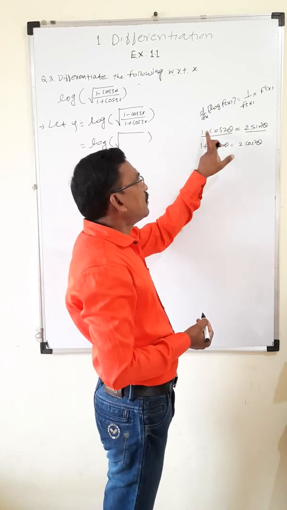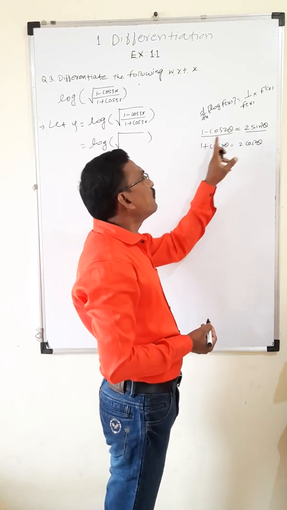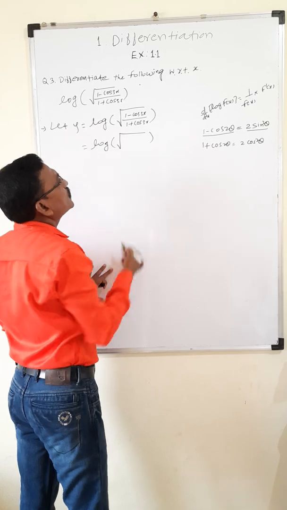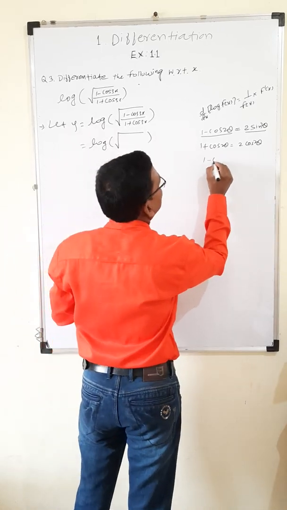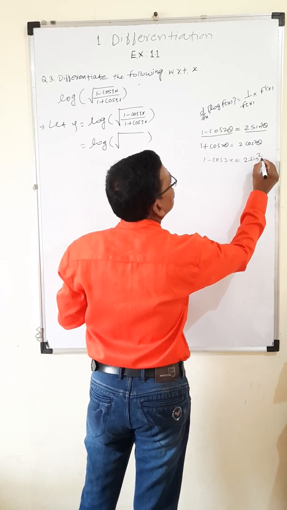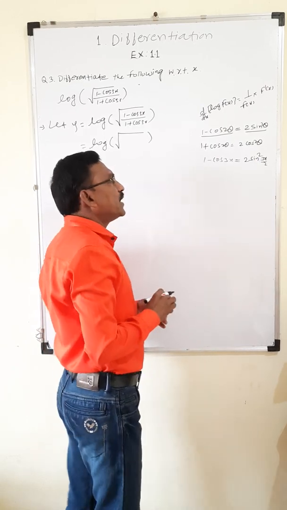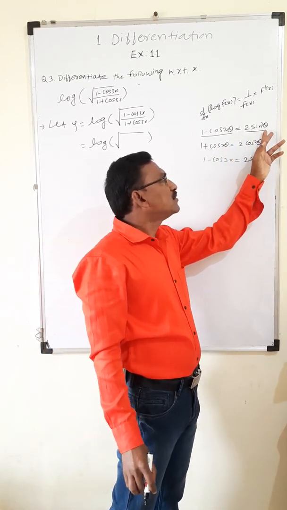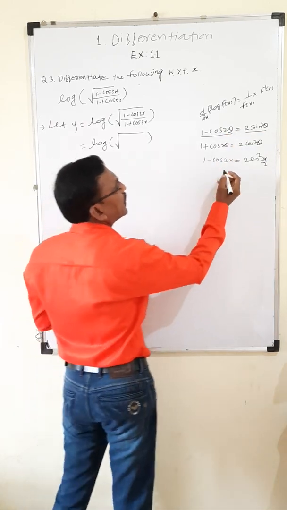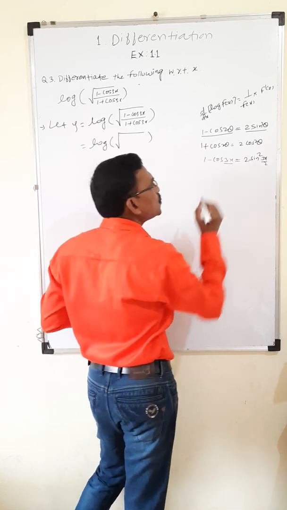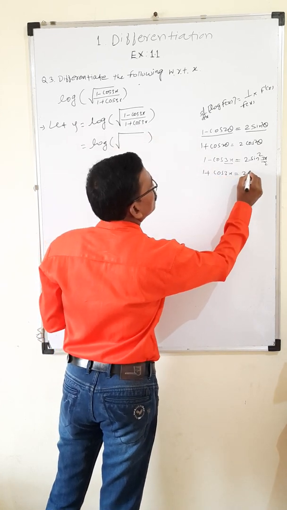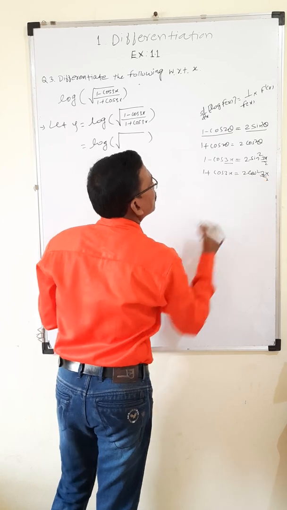Same, whenever it is minus, then it is sine. Whenever it is plus, then it is cos. So in the same way, 1 minus cos 3x is equal to 2 sin square 3x by 2. Half angle: 2 theta, theta. Take its half angle. Our angle of cos is 3x, that's why we take 3x by 2 here. Same way, 1 plus cos 3x is equal to 2 cos square 3x by 2.